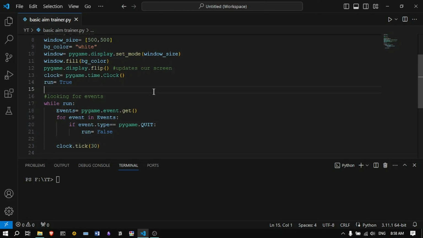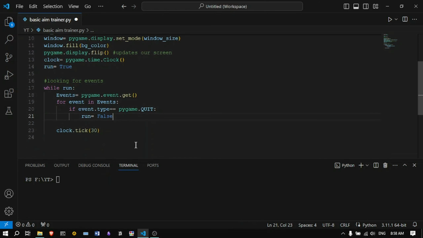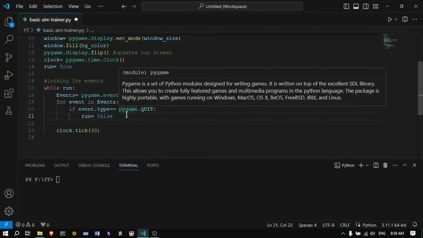So we talked about how to make a very simple window, how to fill it with a color, and how to get different events that happen inside our program. And after that, we programmed to actually close our window using the close button. So now we actually want to print something inside our window, like a circle that is going to be